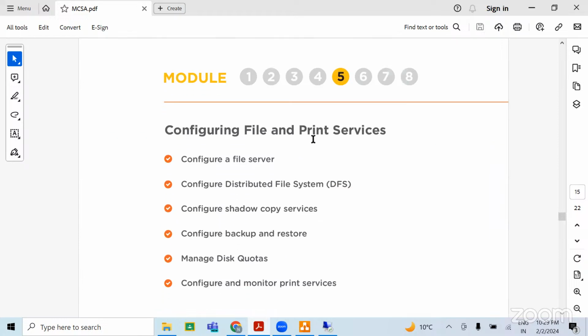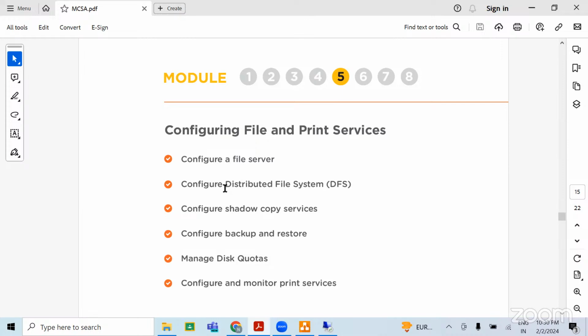If you want to make a print server, then you have to install the print services on the server. Okay, you can configure the backups for a particular service also, or you can configure the backup for a whole volume, or you can create a backup for the whole server, and you can restore it at any point of time,